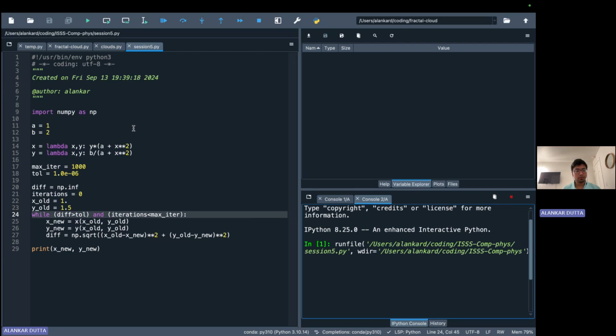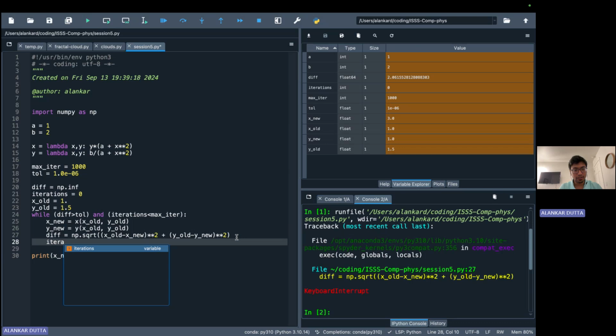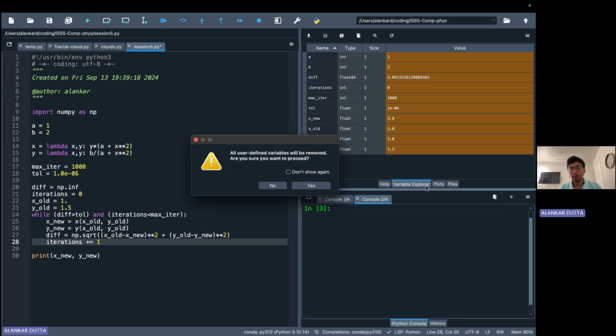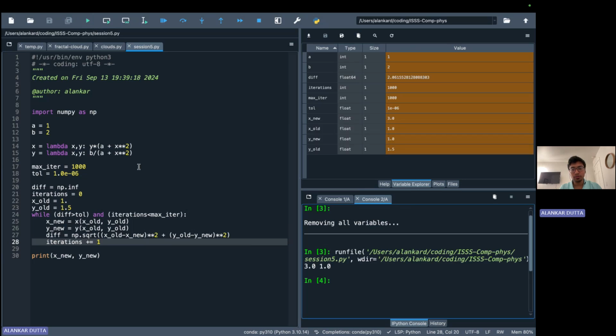So I think we are stuck somewhere. And the place we are stuck is basically I have forgotten to increase the iterations plus equals to 1. So it's just stuck in an infinite loop because the question has said that things are not going to converge. Okay, so let's see what happens when I run this. Just remove the variables